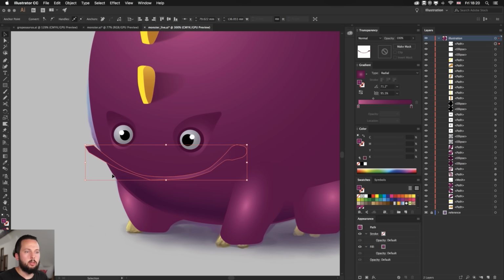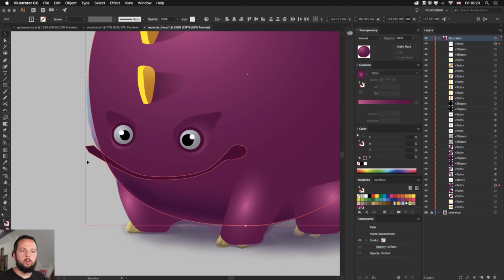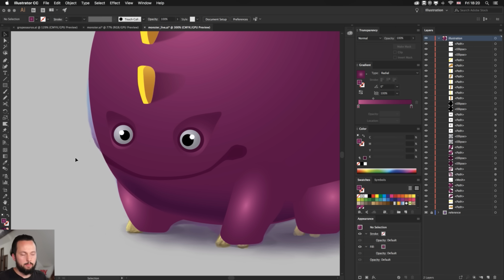Okay, then switch back to normal. Now I made a mistake here. Let's just refine that point. Holding down the Alt key, you can refine anchor points. And then what I'm going to do is to use this color that we have on the eye. And then, like before, I can select the two shapes and using the shape builder tool, holding down the Alt or Option key, trim off the detail that we don't need.